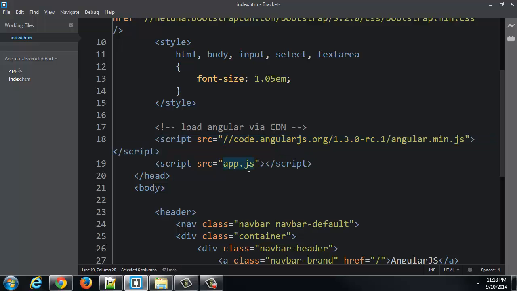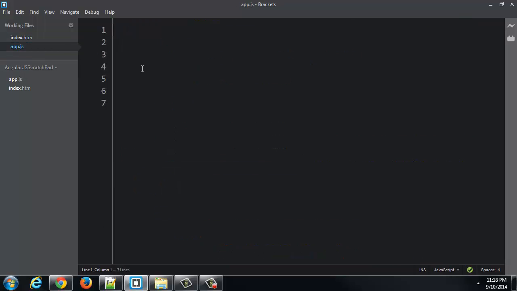Now I still have an app.js file, and I'm going to go over there and we're going to start building my AngularJS app. Now remember that whole concept about not polluting the global namespace? Well, AngularJS is going to make sure we don't do that. In fact, we're only going to put one variable into the global namespace, and that variable is our app, our application. So I'm going to call it myApp,